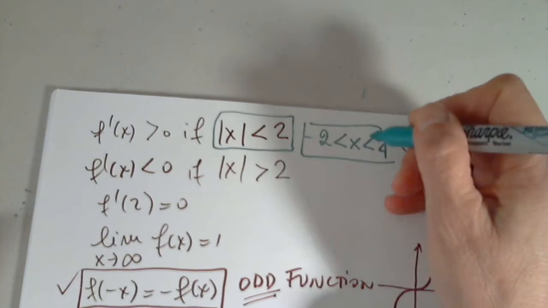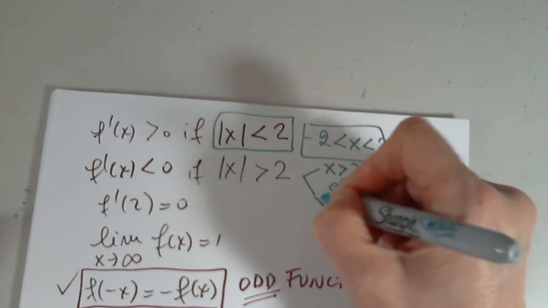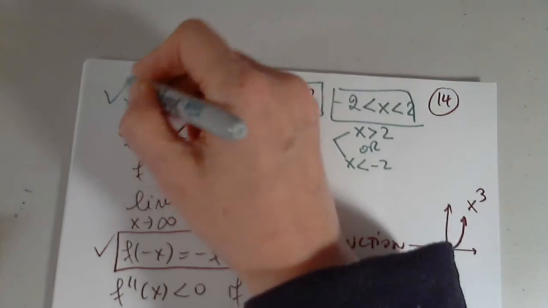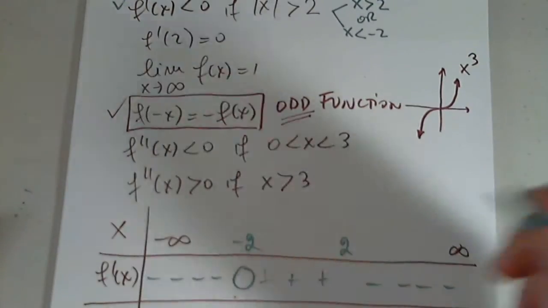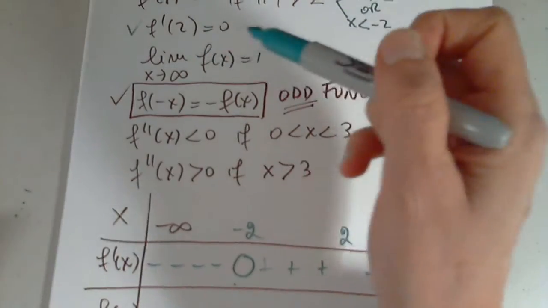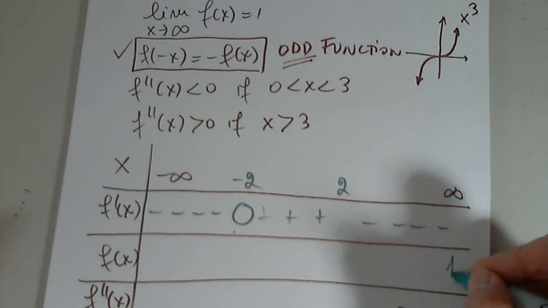This is exactly what is not here, meaning x greater than 2 or x less than negative 2, and it's negative. So these are taken care of. f prime of 2 is 0, taken care of. The limit as x approaches infinity is 1,